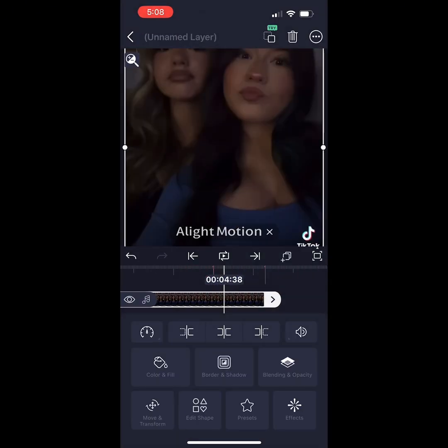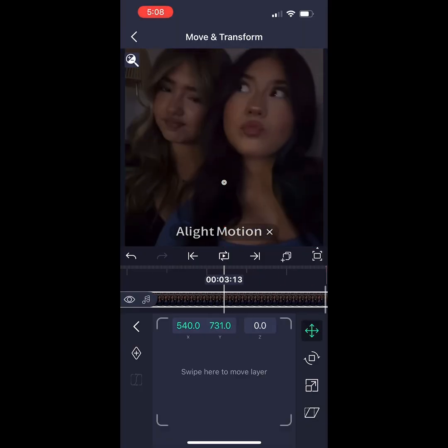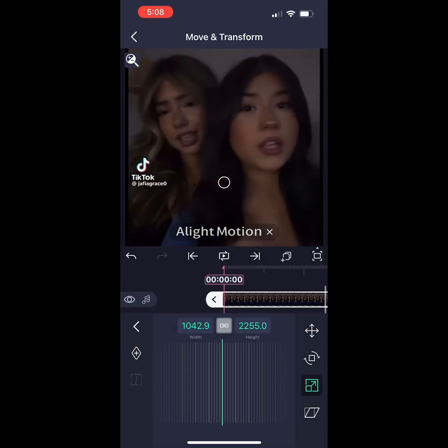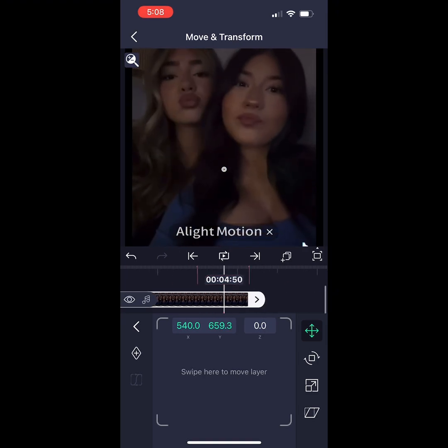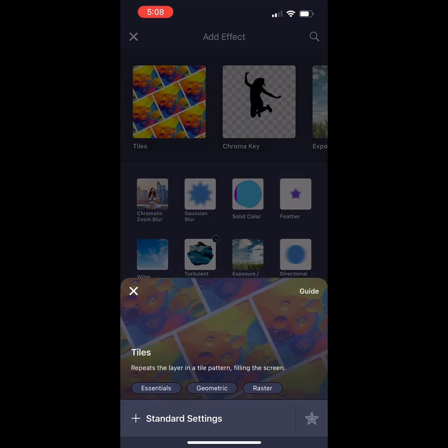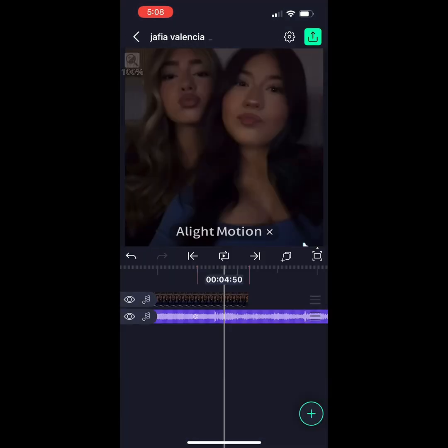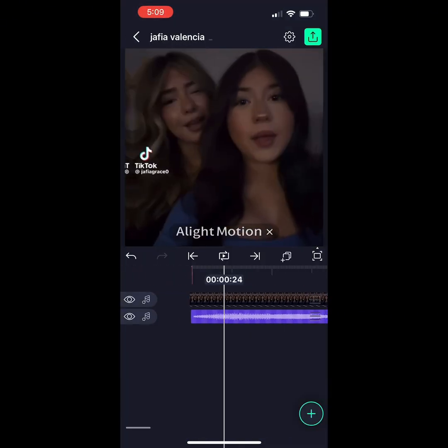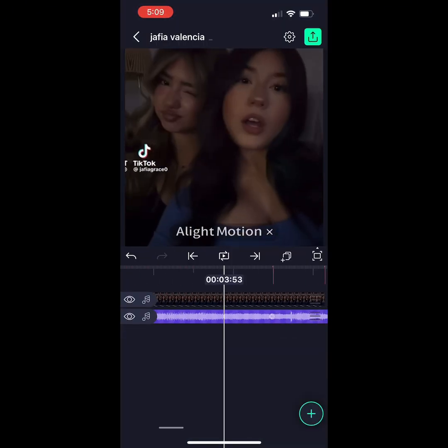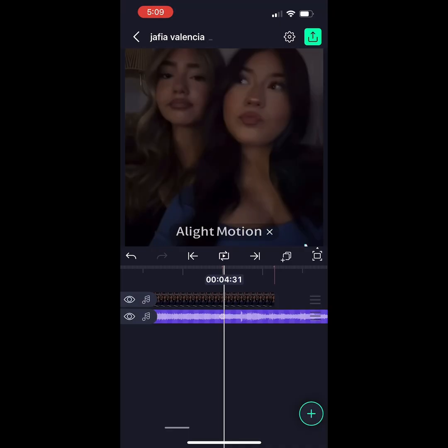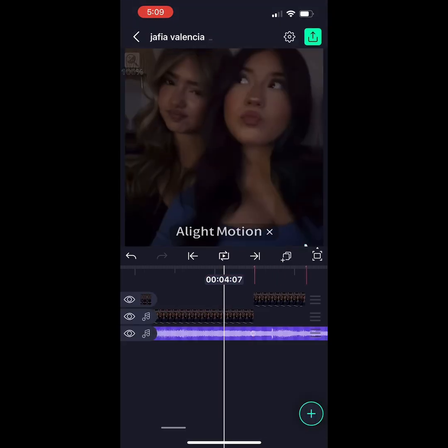So then you're gonna want to press the 3 dots and press fill composition area, so it's the right format. Okay, sorry, my sister walked in, but anyways, you can just adjust it however you like, because sometimes I don't want it zoomed in so much, so yeah, just do it like that. But then just adjust it however you want, really. Then you just clip it and press the middle one,